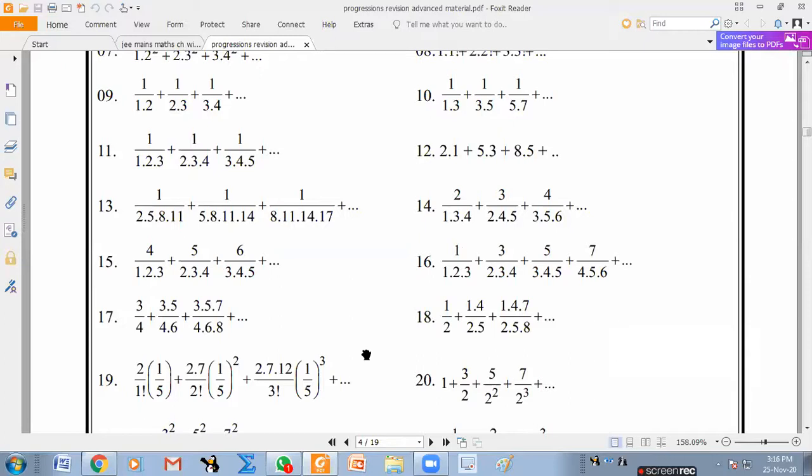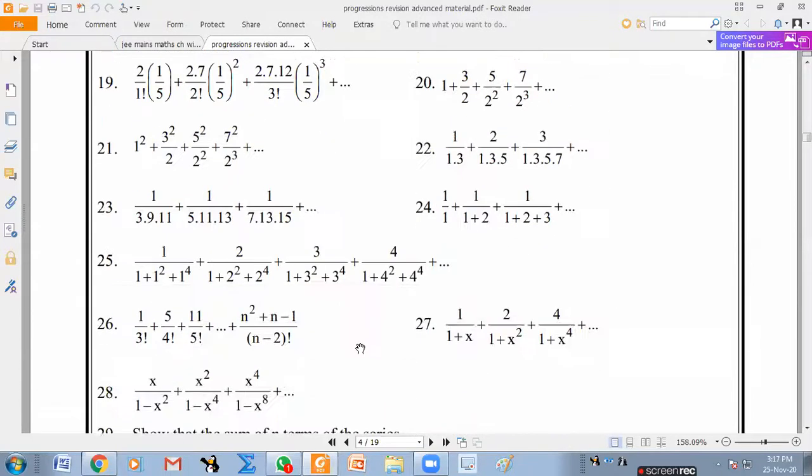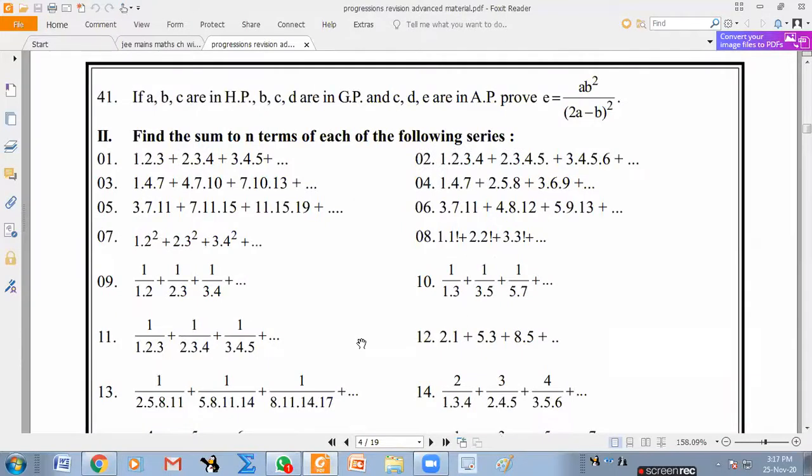Okay, so I have to choose the numbers carefully. 17, 18 are method of differences, but they have to be done very carefully. So here all are not one particular model. There are only two models basically I can say: either method of differences, or find the nth term and sigma of that. Tomorrow we'll discuss in more detail. Today let us complete only the first question.